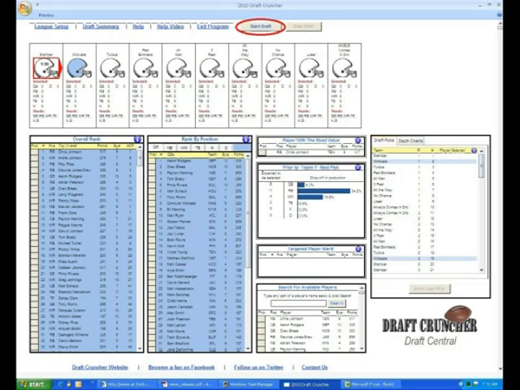Beneath that, we have a row of helmets. The helmets represent the draft order. The helmet shaded in blue is your team. The red box around a helmet indicates which team is on the clock, and the arrow indicates the direction of the draft. We also have a countdown clock here to let you know how much time you have left to